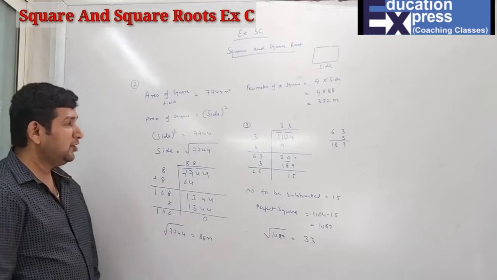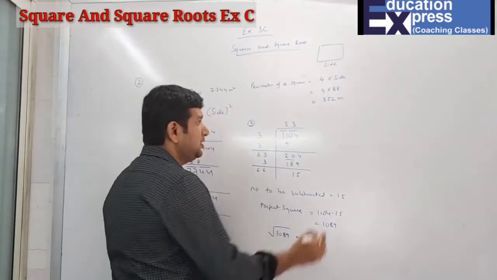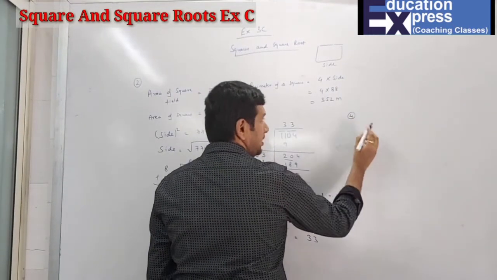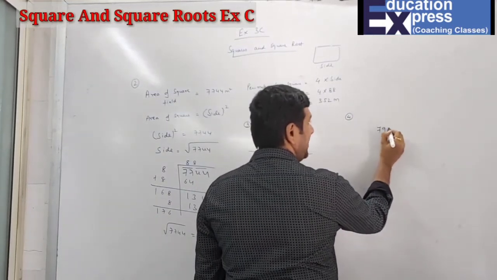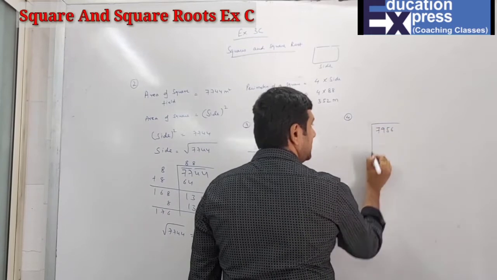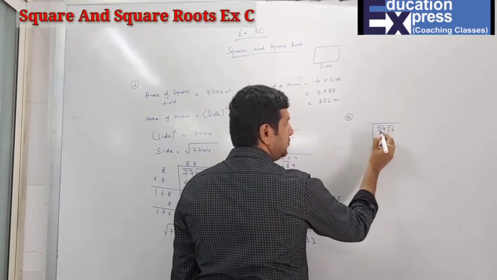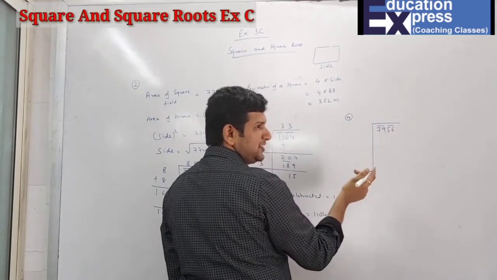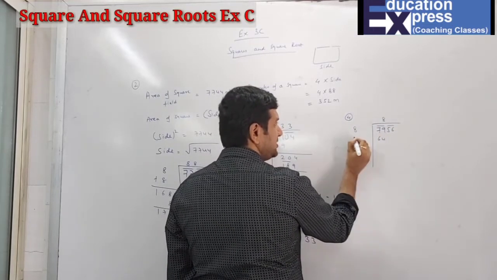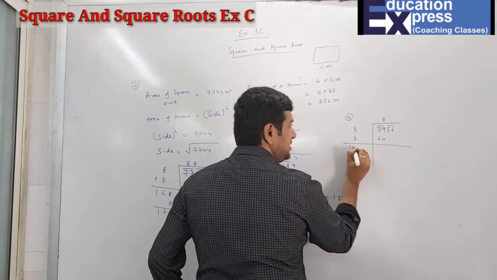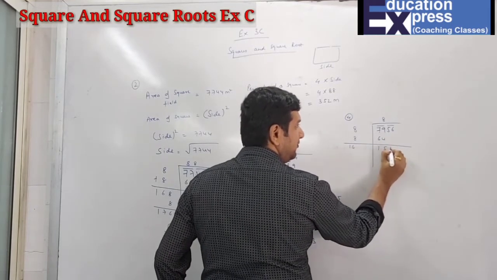Same to same, your question number 4. I'll start. So now question number 4, students, is exactly the same. What number should be subtracted from 7956 to get a perfect square? So obviously I make pairs of 2. 79. Before 79, what is the perfect square? 8 8s are 64, because 9 9s is 81, which is more than this. So 8 8s are 64, subtract, 16, then 5 6.